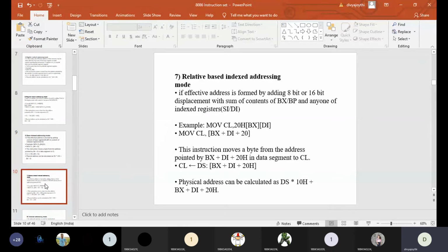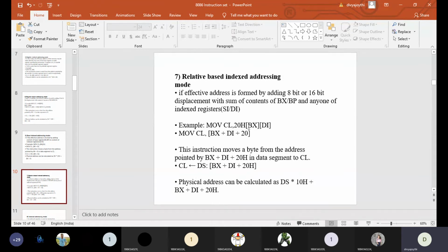And the last one, sorry, the seventh one is relative base indexed addressing. Here the instruction contains one index register along with a base register. The instruction should also contain a displacement. Whenever you see the word relative, there should be a displacement value. See whether it is true or not. See the example. MOV CL,